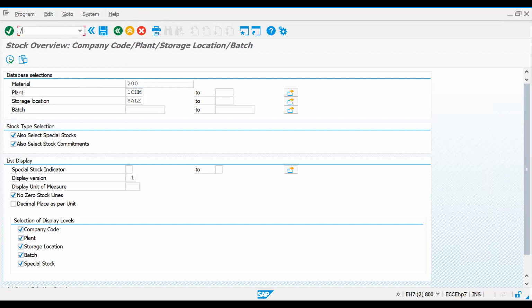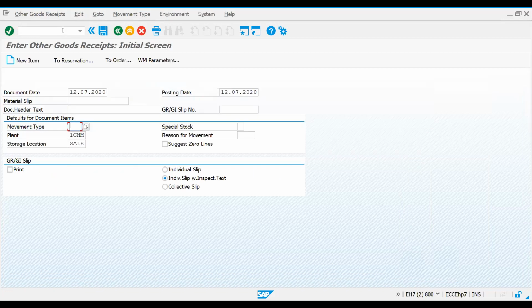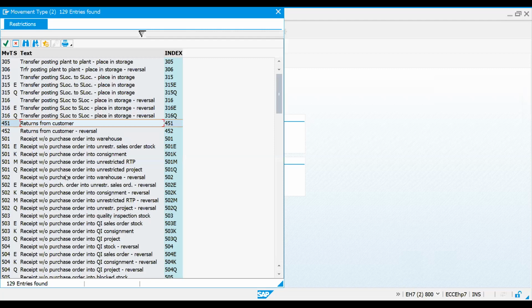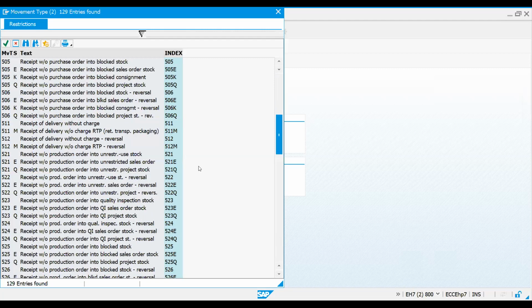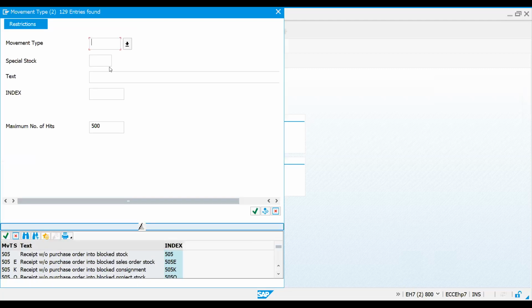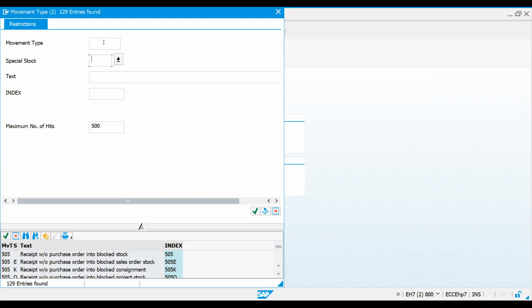For stock posting, you have to use MIGO, or else you can use the transaction called MB1C. Here, this is the movement type for your unrestricted stock. If you press F4, you can find different movement types. The selected one is 561.